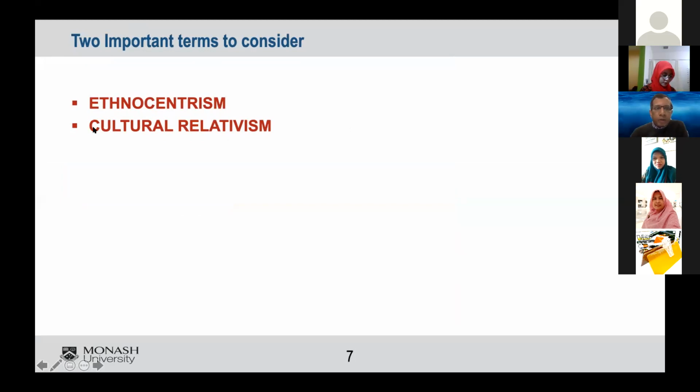The first one, ethnocentrism, means that the human tendency is to compare other cultures through our own culture. So for example, in Indonesia, if you eat rice with your hands, which I do, that is normal. So someone who's eating with chopsticks, you'd say, oh, that's weird. How can you eat rice with sticks? That's very weird. On the other hand, someone from, let's say, China or Thailand who uses chopsticks, they would say using hands is weird. So we have the tendency of judging other cultures by the standards of our own.